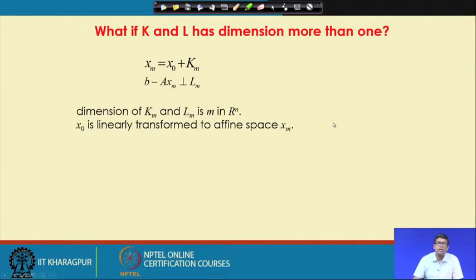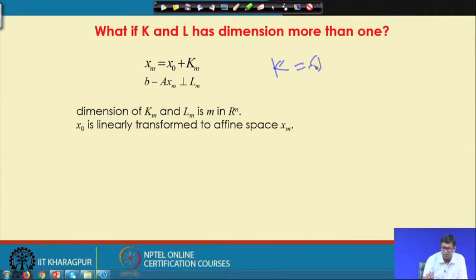So, what if K and L have dimension more than 1? x_m is equal to x_0 plus K_m, and b minus x_m is perpendicular to L_m. Let us assume that the dimension of K_m and L_m is m, in R^n. So, instead of K being a single vector v, now I will have that K